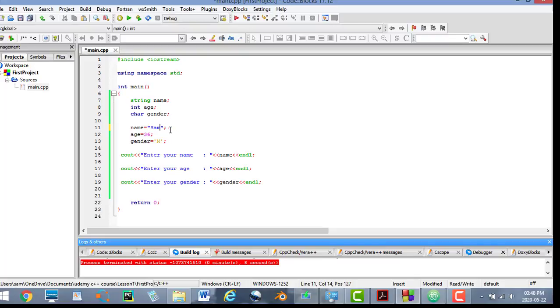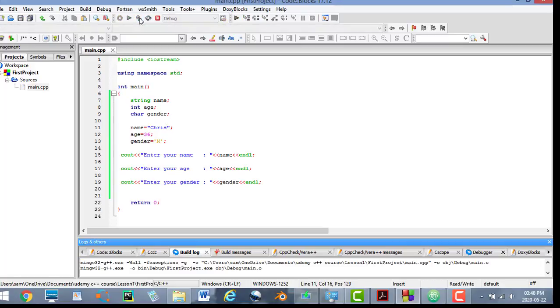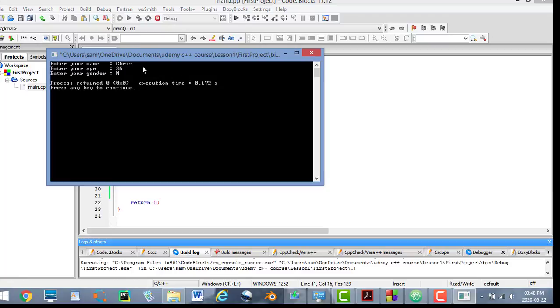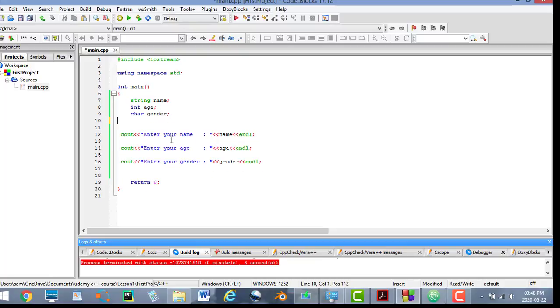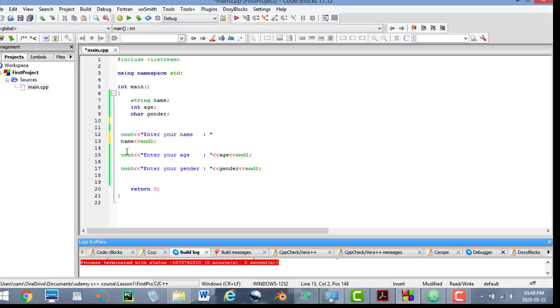Well, there's a very specific, or I can say special, function that you can use to input values, and it's quite related to the cout statement. As you can see, I've changed my name here. This is not bad if you don't want to change your variables or the input that you enter. But if you want the user to enter, and you want yourself to enter the values afterwards,